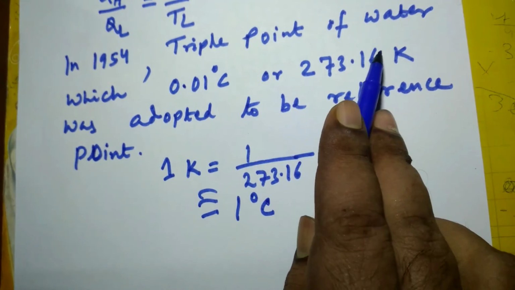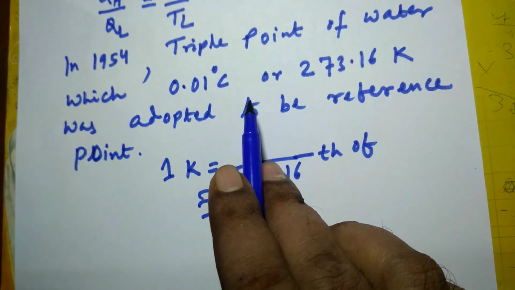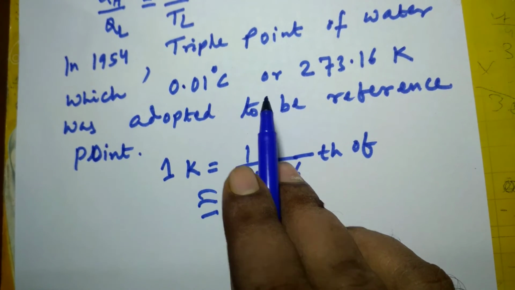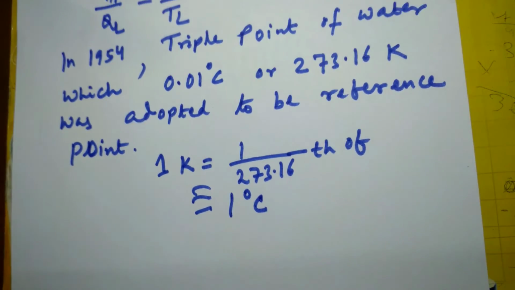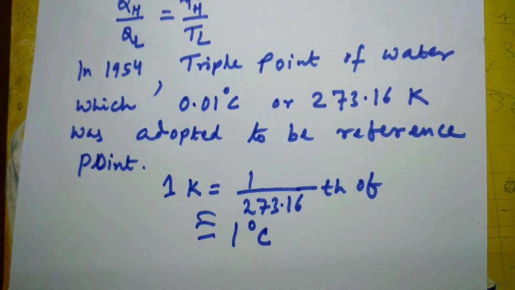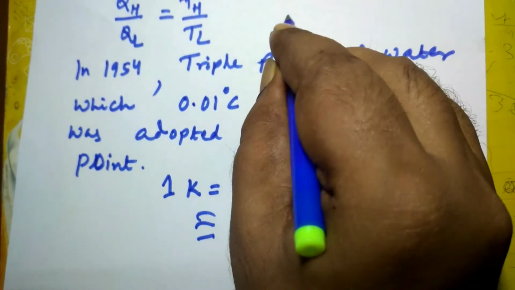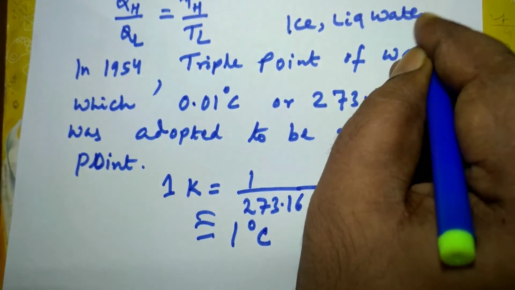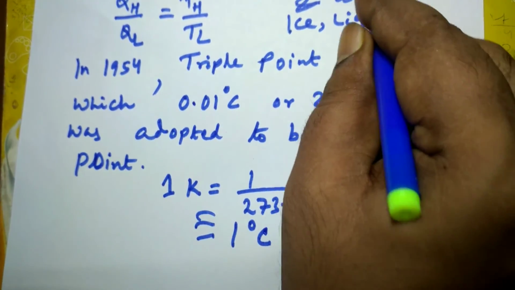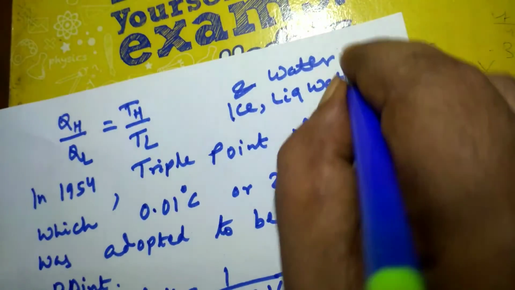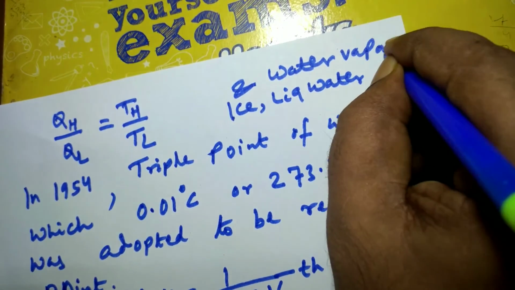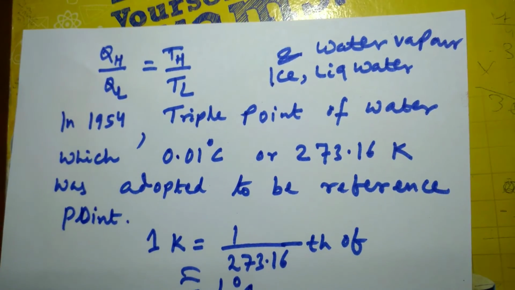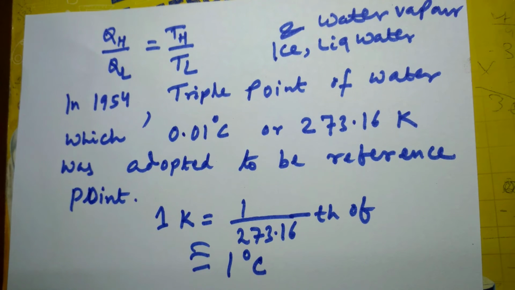What is triple point of water? Triple point of water is a temperature at which three phases of water, that is ice, liquid water, and water vapor, coexist in equilibrium. So that is the temperature, that is 0.01 degrees Celsius or